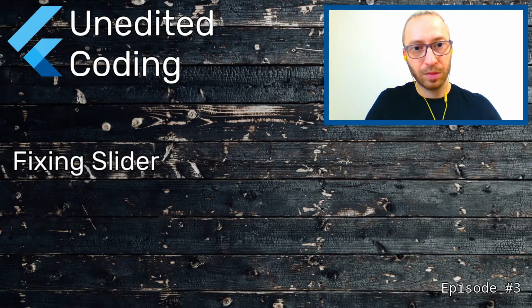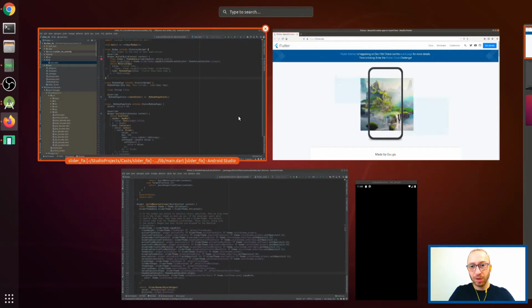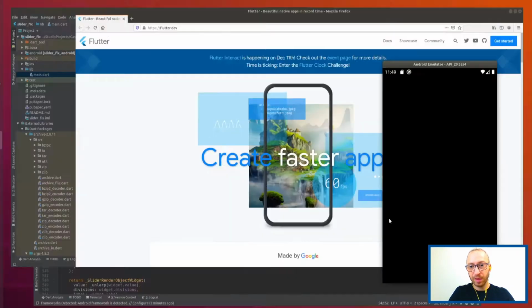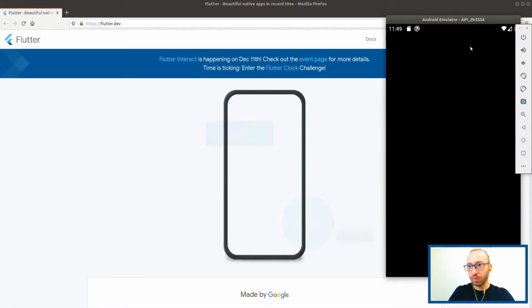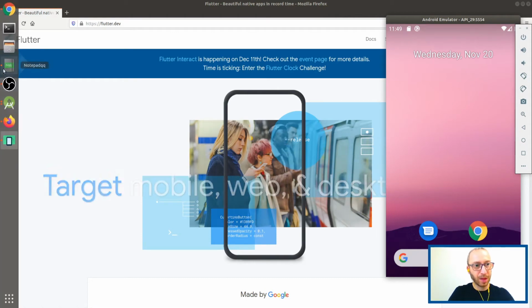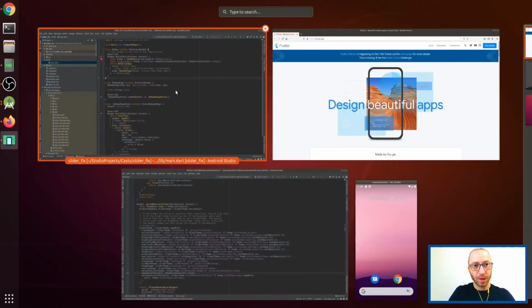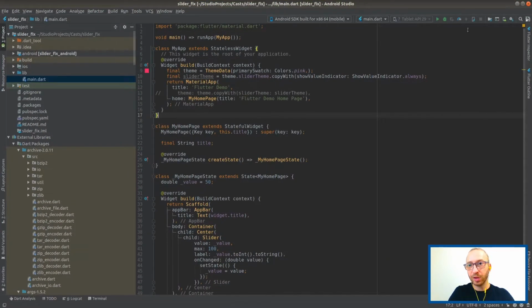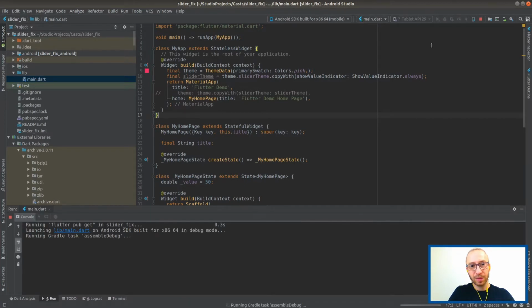And I want to just show really quick what we're dealing with, right? So yeah, I have the emulator over here. Everything seems to be set up. Yeah. So we have our setup here. We have the emulator, which is running. Yep. It kind of runs. And we have the slider fix project, which is the project where we actually gonna check that our fix works or not.